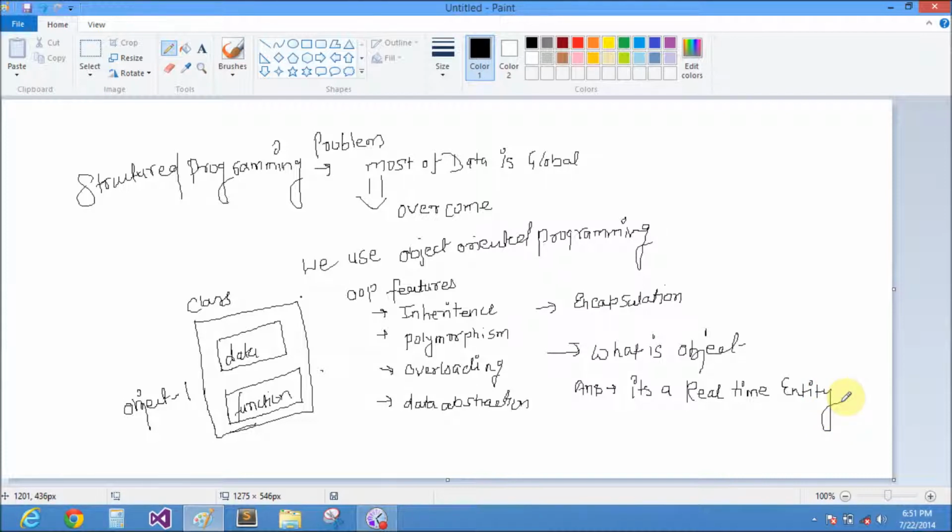Suppose I have a problem and I want to design this part. How to solve the global data problems?